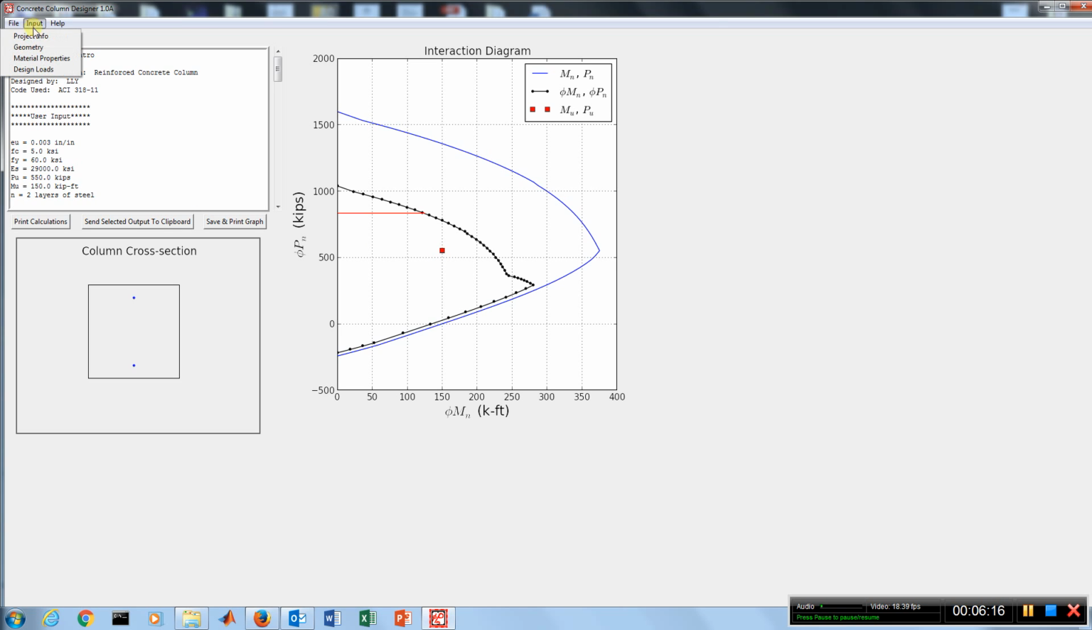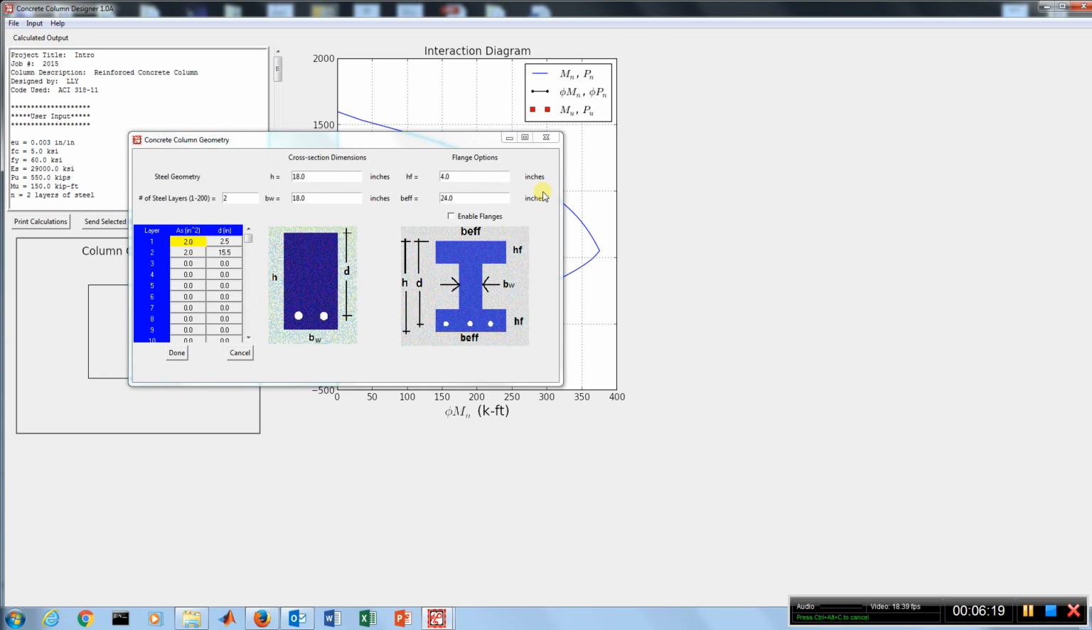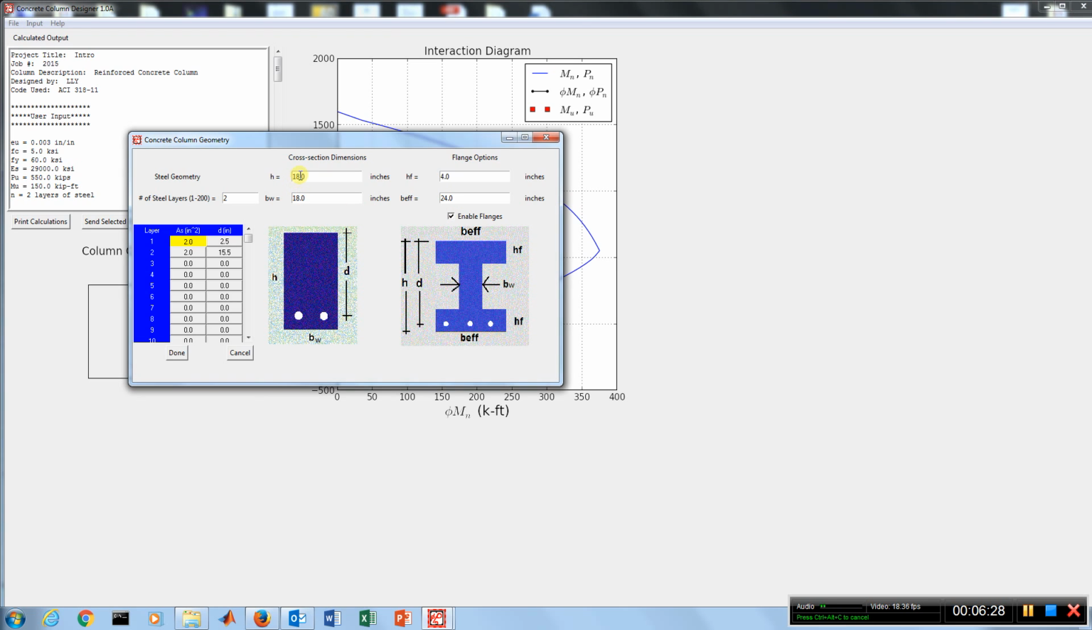Now we could also go up here and go back to geometry, and we could add some flanges to our column. And so let's enable flanges. And furthermore, let's make the height of this beam, or this column I should say, 60 inches. And then we're going to change D for this bottommost layer of steel to, let's do 57.5 to keep it symmetrical. And then we're going to change the size of our flanges to